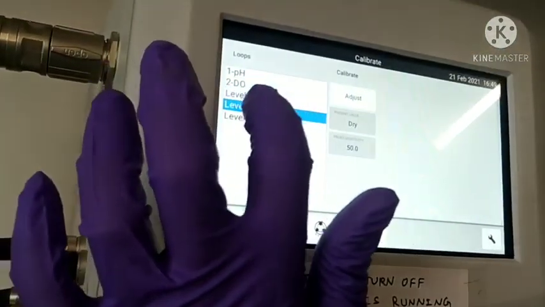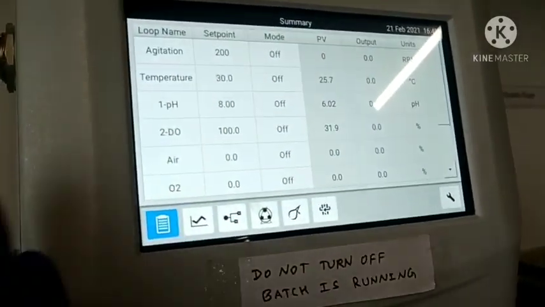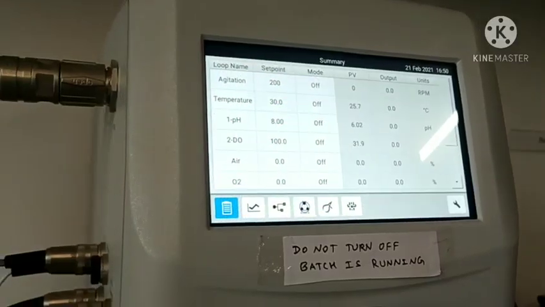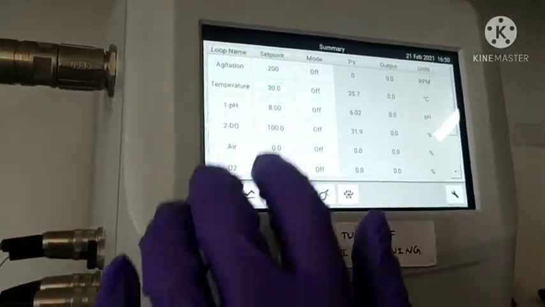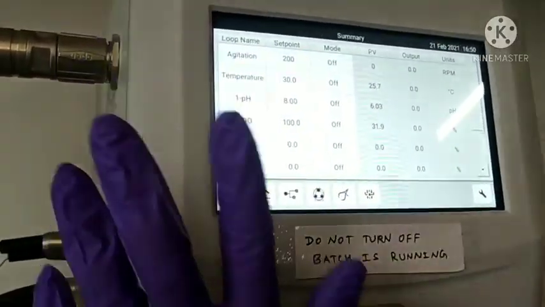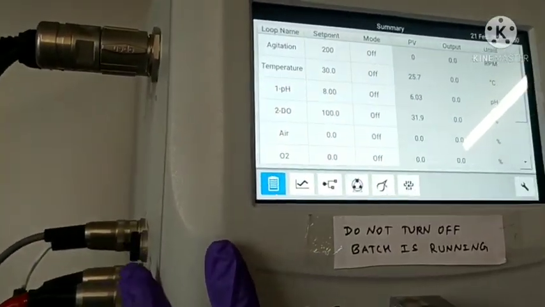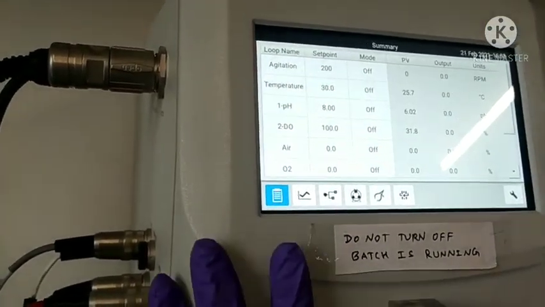You can add other probe conditions if other probes are there. Then you have to add other things like CO2 and reflux, and calibrate them like CO2, so you have to add another level inside there. Right now pH and DO are there, along with agitation, temperature, and oxygen and air. You can run this batch for many days, up to a month, directly without any interruption.